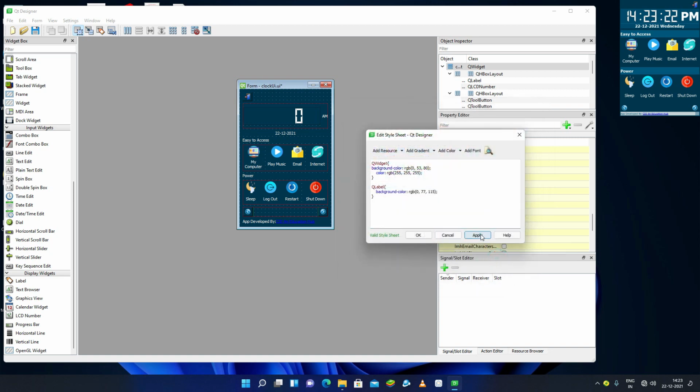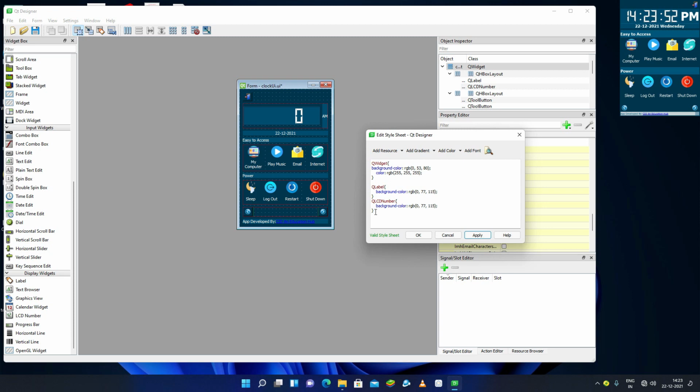Okay, so let's apply. Now these are the labels, and we can also do the same for our QLCD number. So what is the QLCD number? I can select the same thing and copy it here, and I will pass here QLCD number, and this will be the same for QLCD number. So now it is done here.